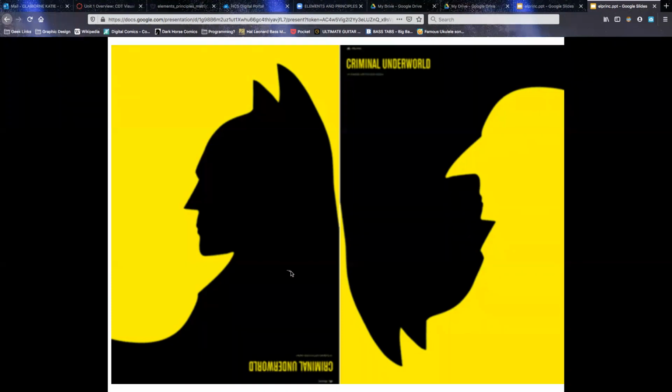So this is a very creative use of positive and negative space. Depending on the orientation of the piece, what's up and what's down, you see Batman as the figure, and the yellow is the ground here, and then you see the Penguin as a figure over here, and you see the black as the ground that figure rests upon. So this is a really clever use of